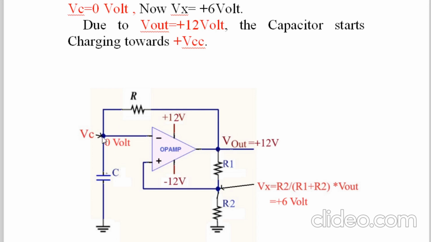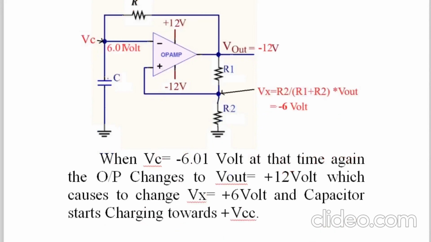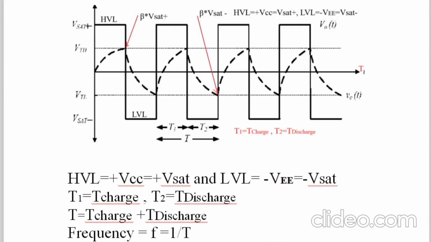Therefore, the capacitor which was initially discharged now gets connected to the battery of 12 volt, because plus VCC is your 12 volt battery, and that plus output is plus 12 volt. So this 12 volt will now get connected to R, and R is connected to C. Therefore, capacitor C will start charging, and I will represent that in the graph. Let us go to the graph so you will understand very clearly.